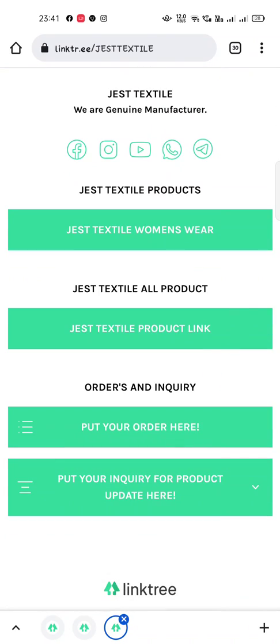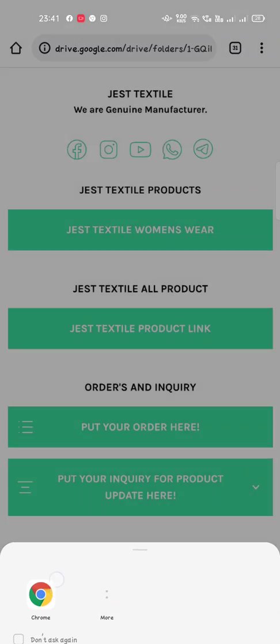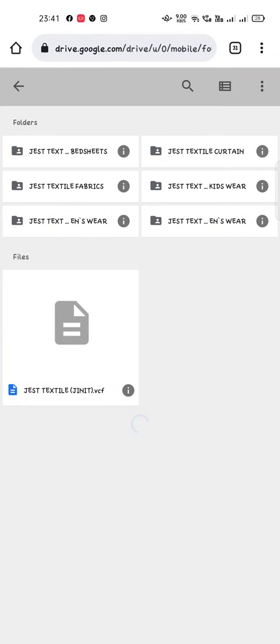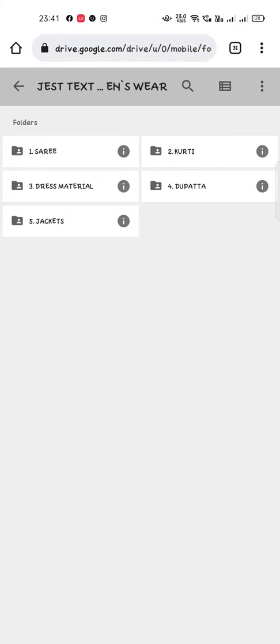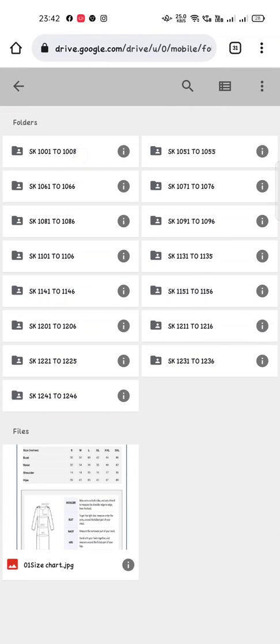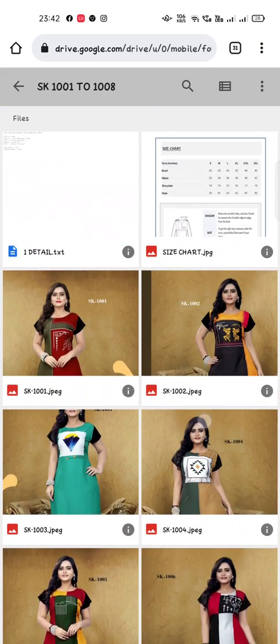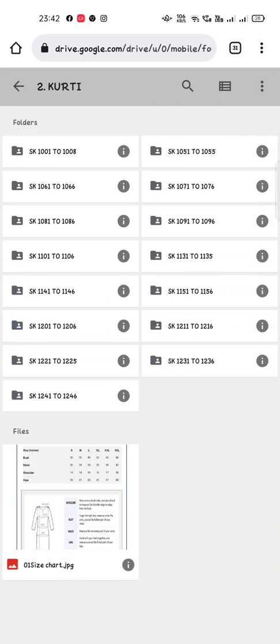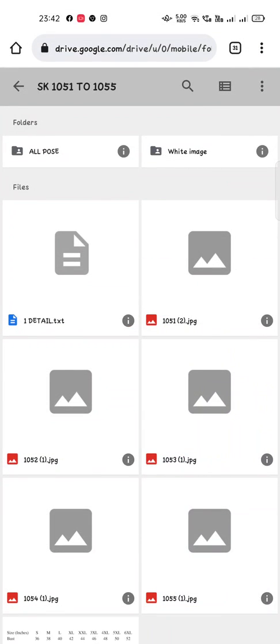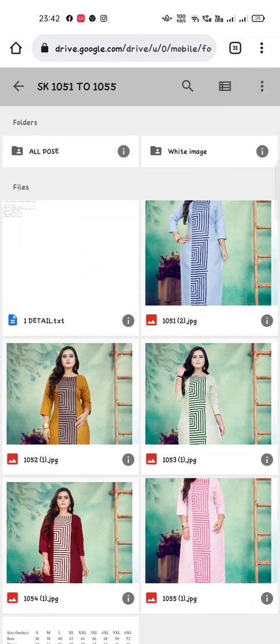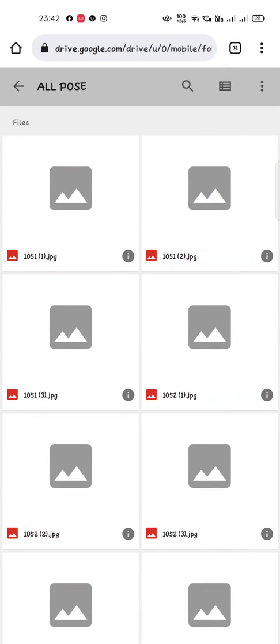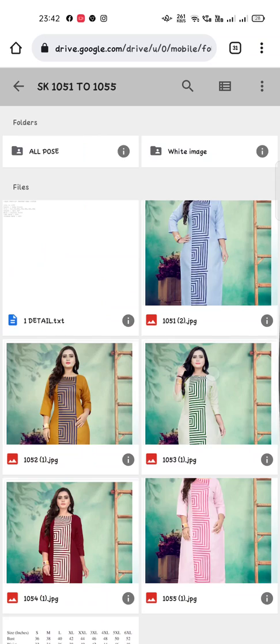Again, I will show you the product link. Go to the women's wear. Kurtis are mentioned with the HD image, with all the posts, and white background images are also available.